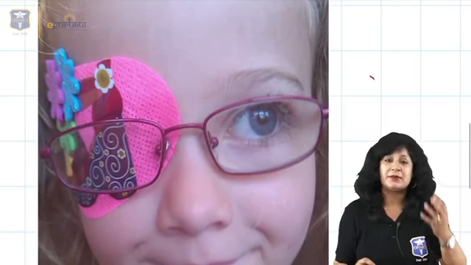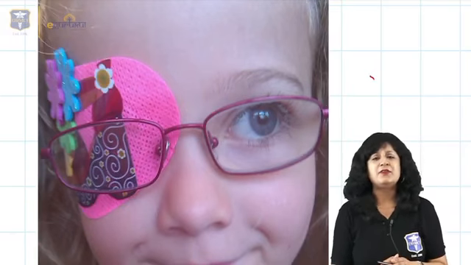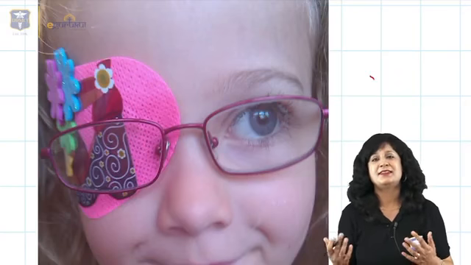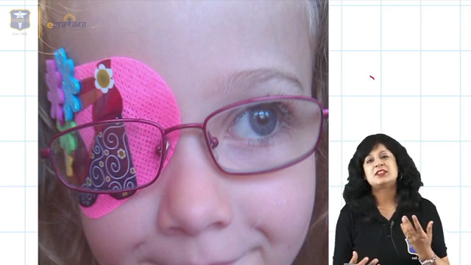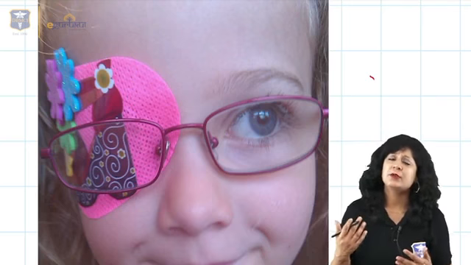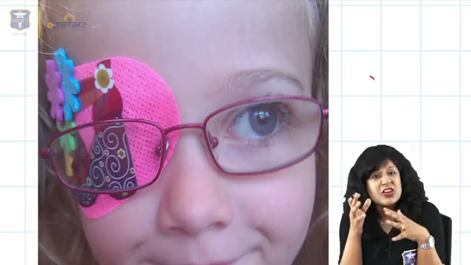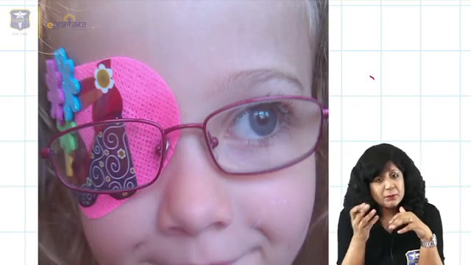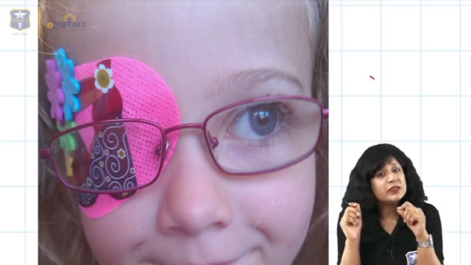It's very, very difficult. First of all, wearing the spectacles and that too covering one eye is really a tough job. So we make it interesting. We give them colored patches, like pink for the girls, blue for the boys, and whatever they like, the butterflies, the Disney princess, Doraemon, Shin Chan, whatever they like, we apply those kinds of patches so that they look attractive. There are so many times siblings who are doing mischief with them, making fun of them. That's why also they don't want to do it. So you have to keep in mind all these things.